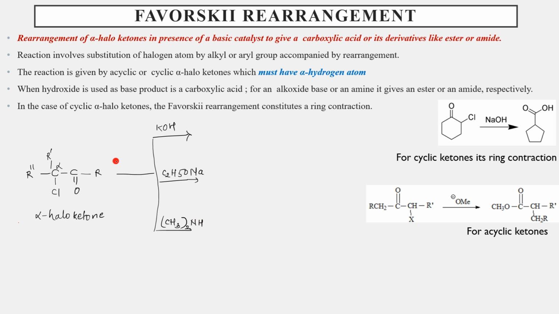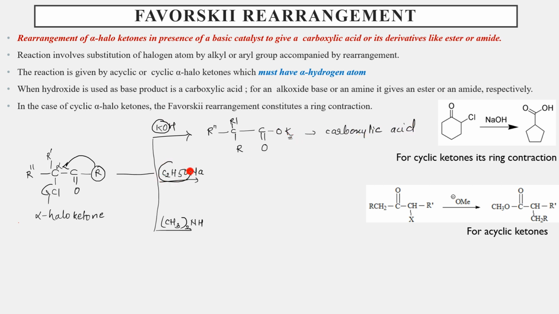So basically what happens is, this is a leaving group that is going to leave, and this group is going to get rearranged over here. So I'll write this rearrangement first. Instead of that halogen, you will have this R group over here. Whatever was attached to that carbonyl group has rearranged itself. So now the carbonyl group is free. There is nothing else with it. So what will get attached to this? The part from the base. A nucleophilic sort of substitution, you'll see this. And this is nothing but a carboxylic acid. You can do acidification, that K will be replaced by H and you will get a carboxylic acid.